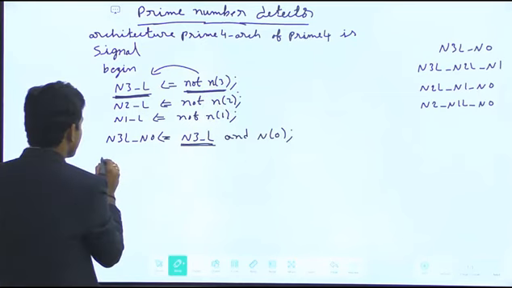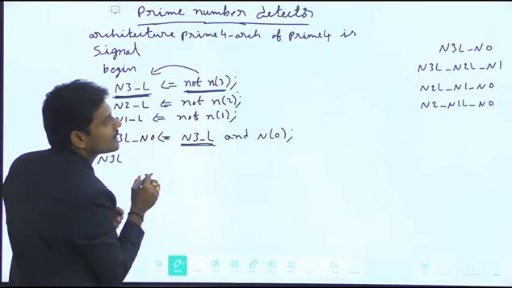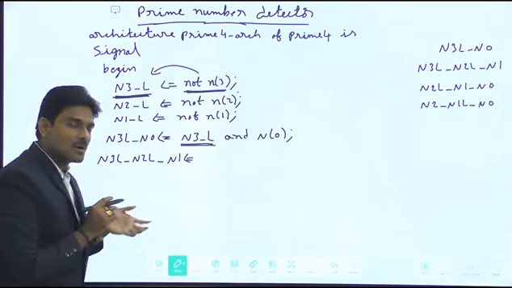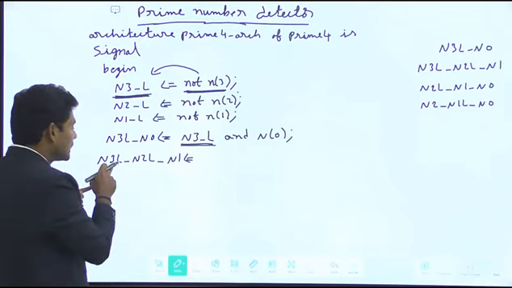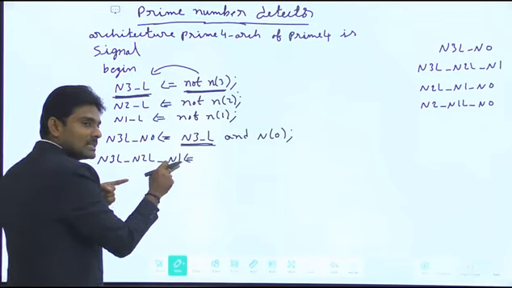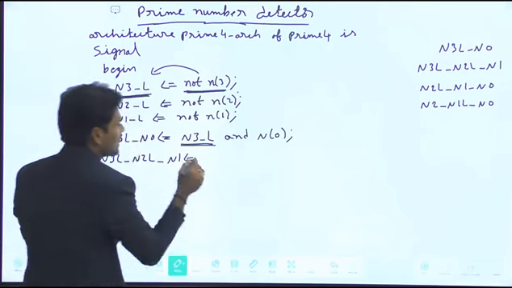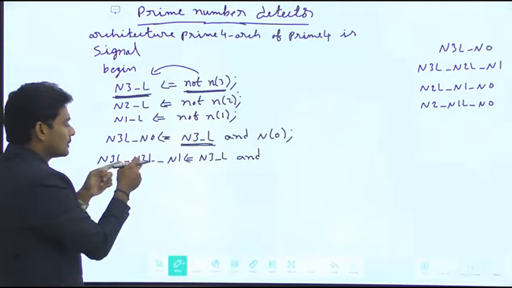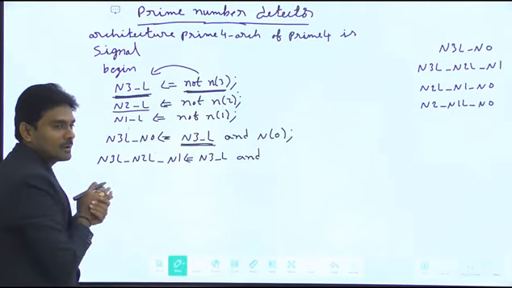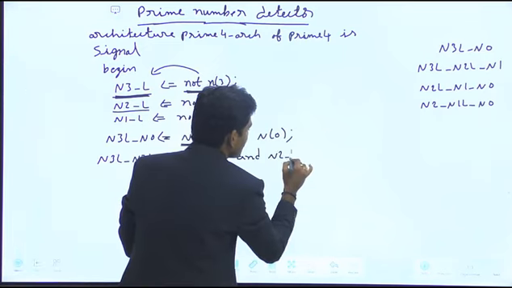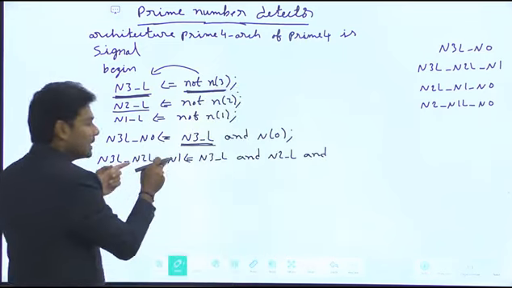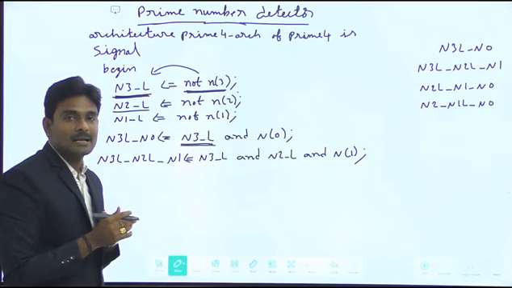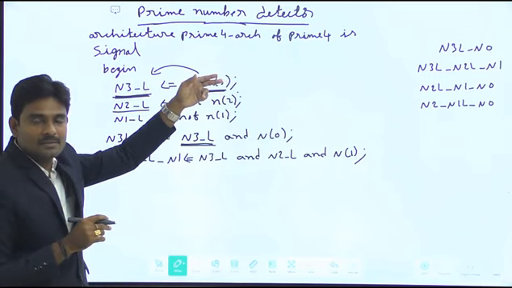Then next, the second output of the 3 input AND gate is n3L_n2L_n1. That's the signal name that we mentioned. For that, n3 bar and with n2 bar and with n1. n3 bar we already assigned to n3_L, and n2 bar we already assigned to n2_L. So n2_L and with, finally, n1, a direct input itself, so n of 1. That is the second statement belonging to the second, 3 input AND gate.